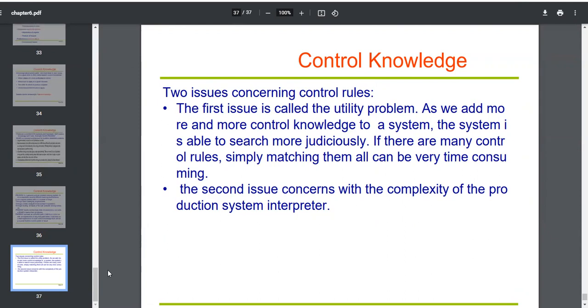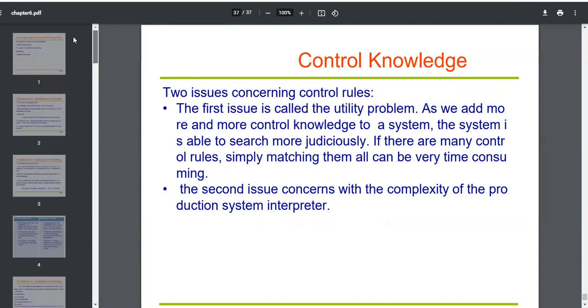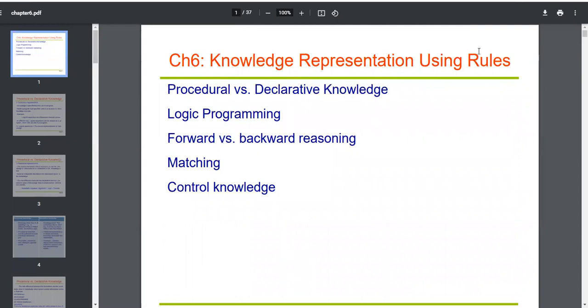Okay. So that's all about today's lecture. What we had been discussing today was knowledge representation using rules. Now there is a 7 marks question asked most of the times from this unit, theory questions. So you have to understand this very clearly, so that when it is asked in theory, you can write it properly. Most of the concepts which we discussed today are concepts we have already covered in Prolog, while we had been discussing unit number 4 and 5. This is unit number 6 from the same book.